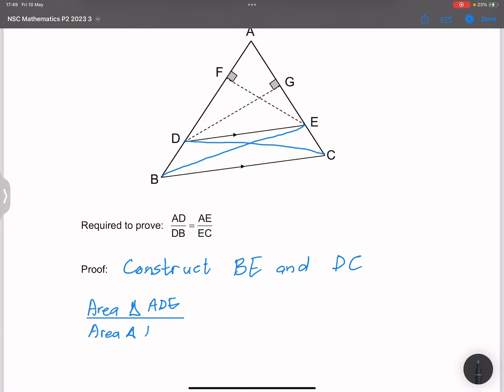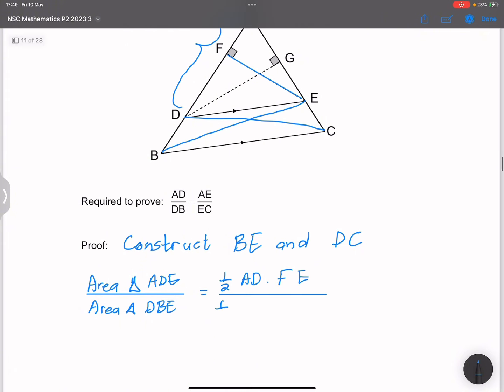Let's start with the area of triangle ADE. This would be half base. The base is AD, so that's half times AD, multiplied by the perpendicular height. Its perpendicular height is that line FE there. So this is multiplied by FE. This is divided by